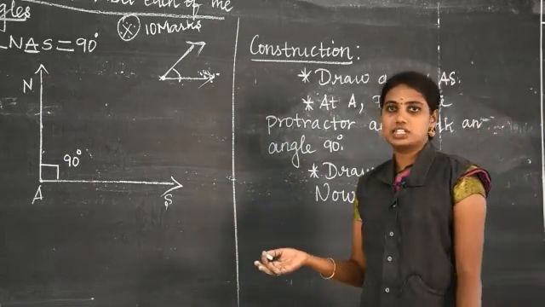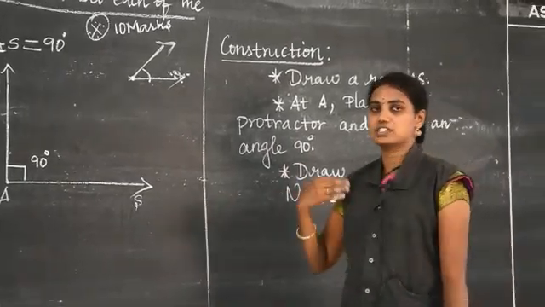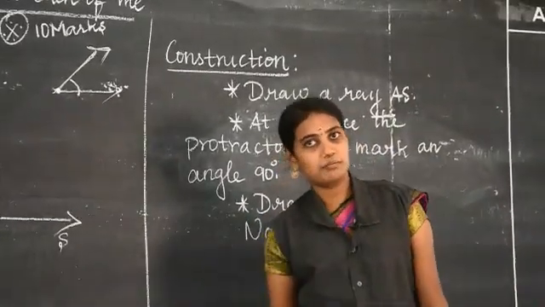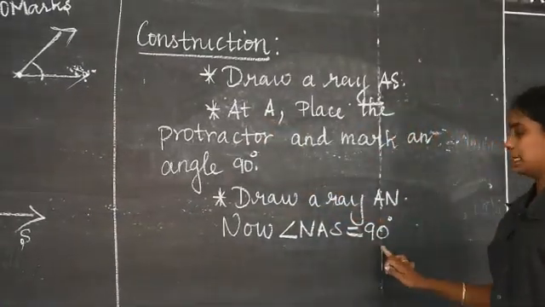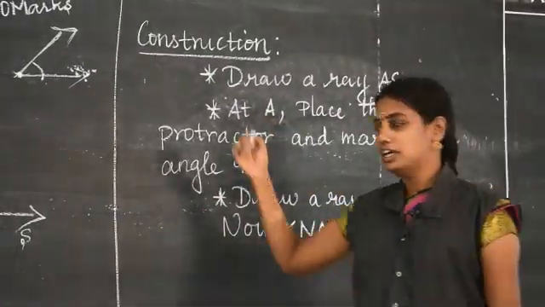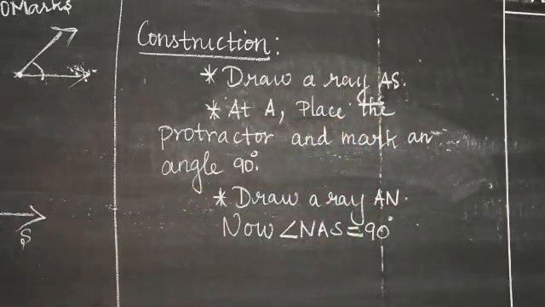Likewise only we are going to see remaining 3 options. Remaining 3 options, construction I will send through the WhatsApp. Okay, you can try by your own also. Just the letters will be changed, that's all. Letters and the angle will be changed, other things are same, 3 points only. Okay, now we can go for the next option.